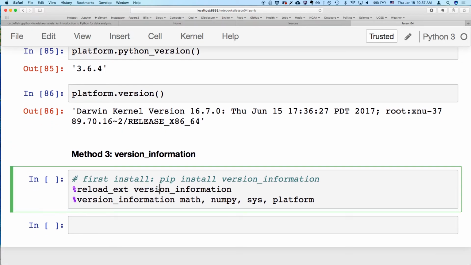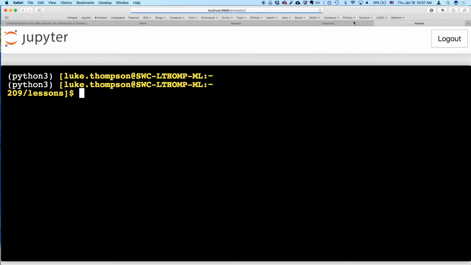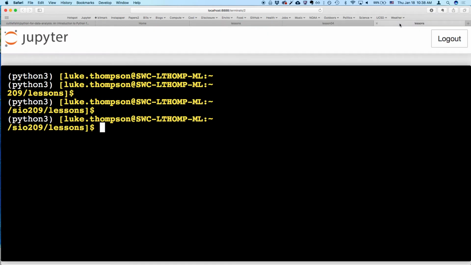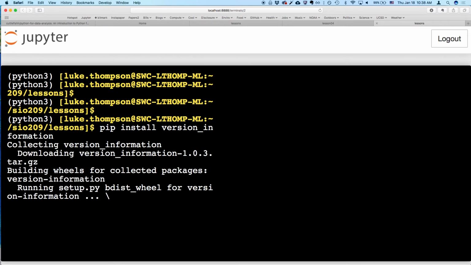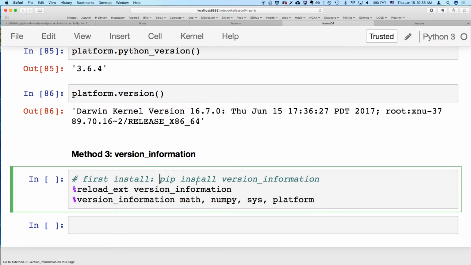Finally, there's this thing called version information. This is a handy package. So what we can do is go back to our home, open up a new terminal, and type pip install version_information. And don't worry, my screen is acting weird because I made it bigger. So once that's installed, we can go back and execute this cell,